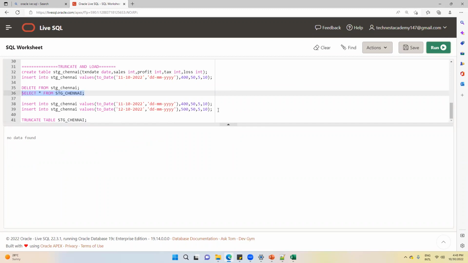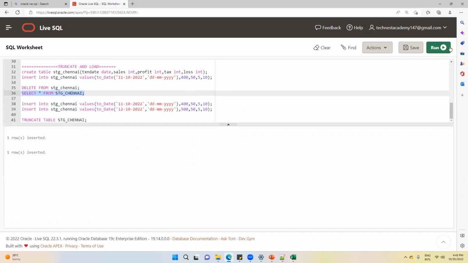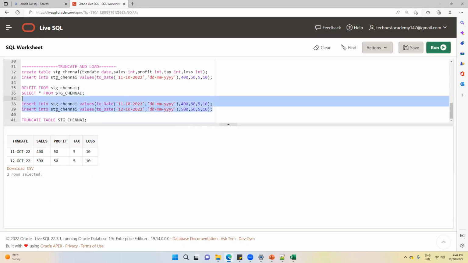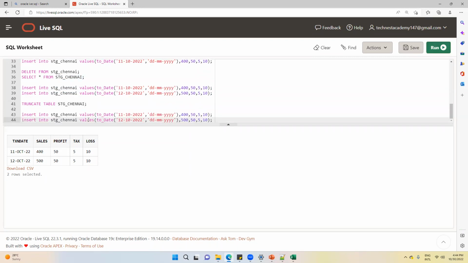Clear? Yes. Now you have to load this entire set of data. Now check, do you have duplicates? No. So this is truncate and load. Now on 13th of October, what will you do?